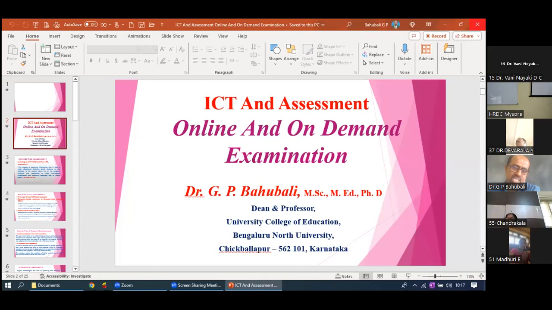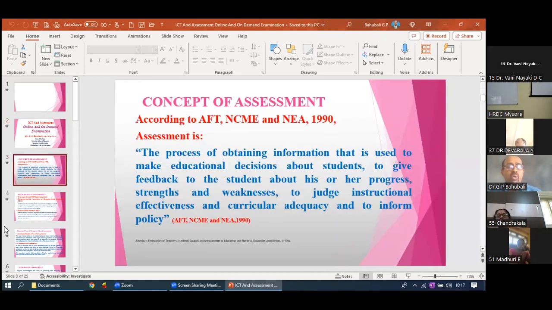According to one of the definitions given in 1990, the concept of assessment by the AFT, which means the American Federation of Teachers, together with the National Council on Measurement and Education, and the National Educational Association. So these three associations together, in 1990,